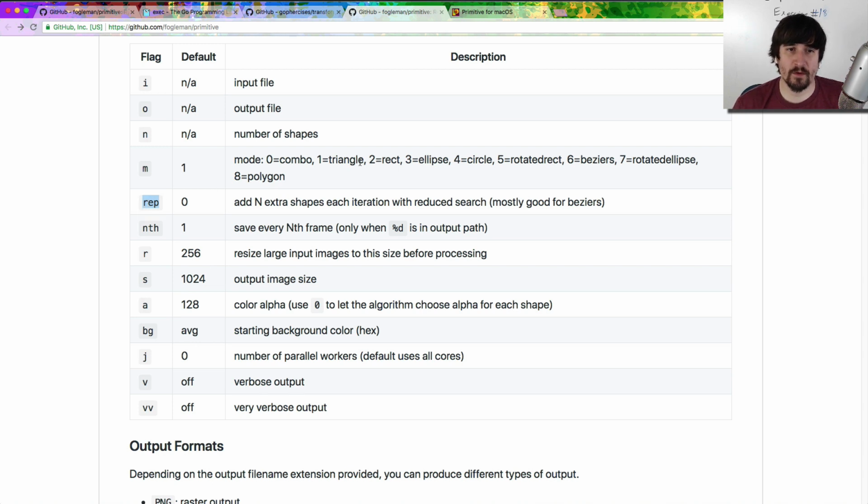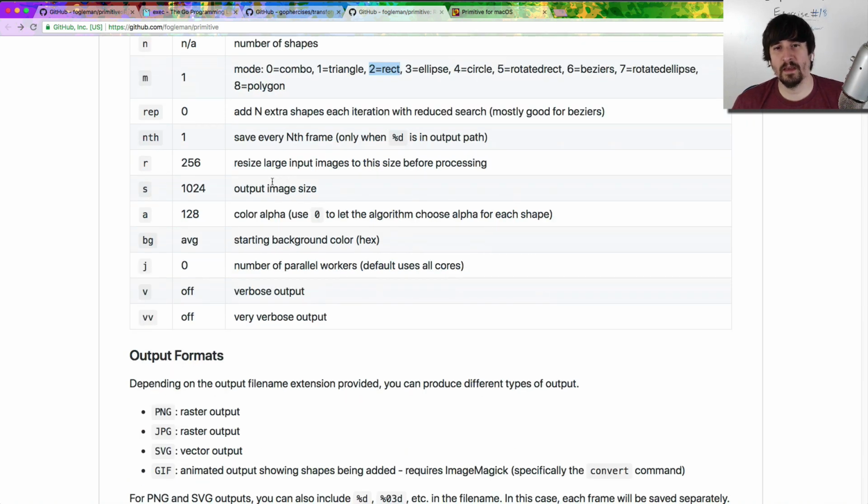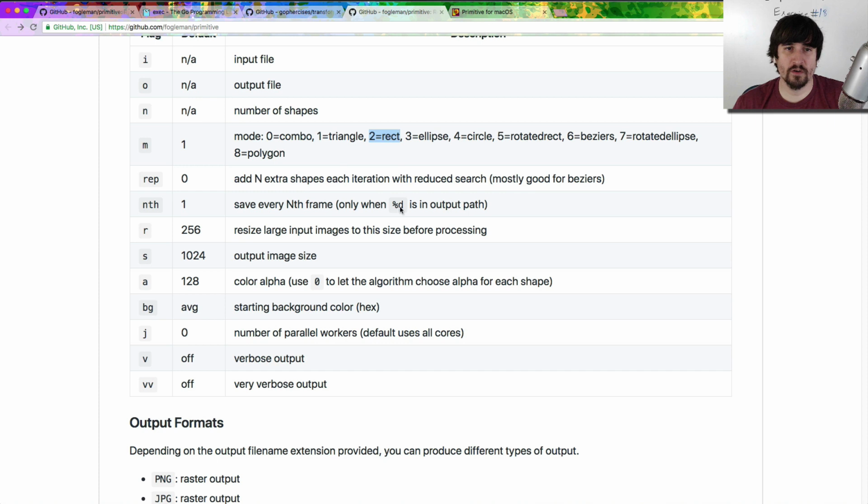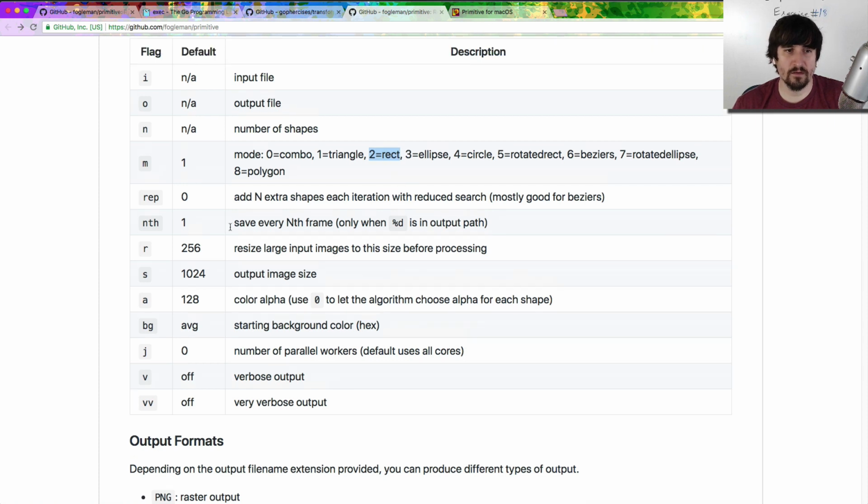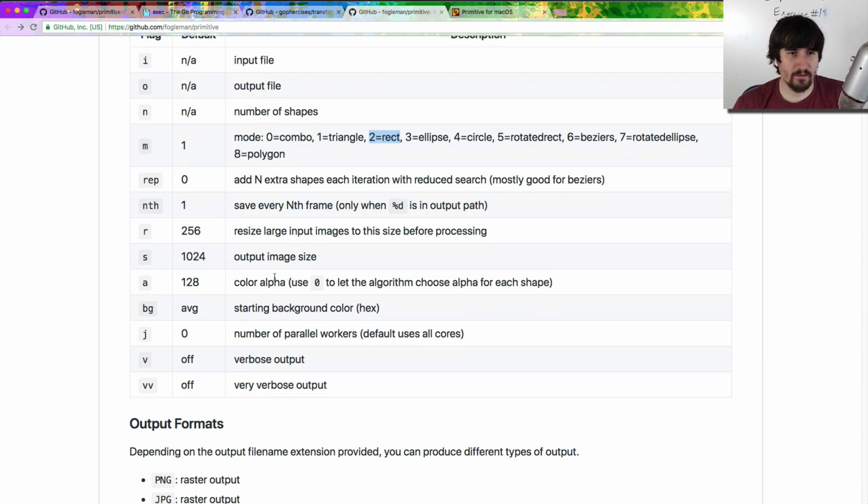But if they choose maybe rectangle, then maybe that doesn't make as much sense, and maybe we want to do something else. So that's the goal here, is just to make a slightly guided tour that goes through that process. And at the end, once you've chosen all the options, so say you've chosen rectangle, you've chosen that you like the number of shapes to be 300,